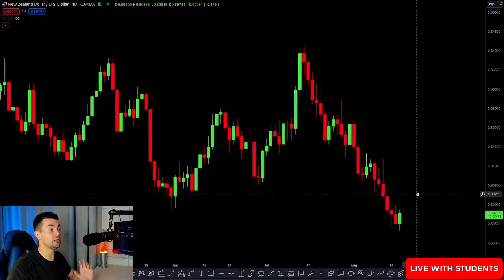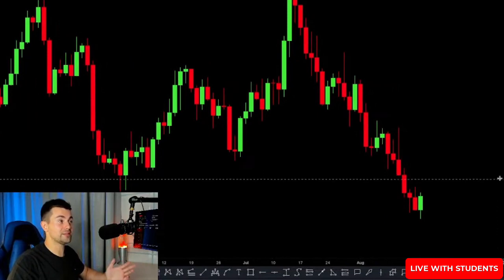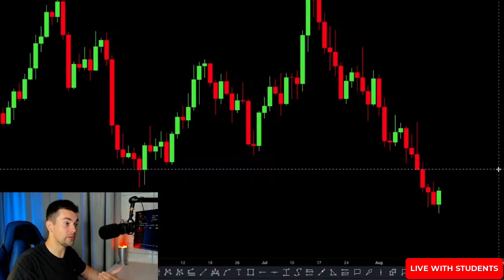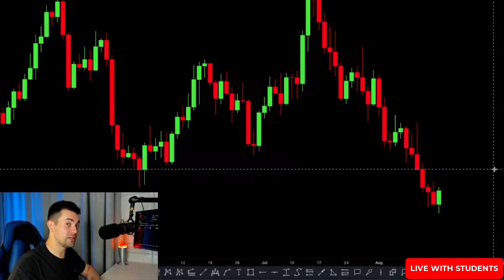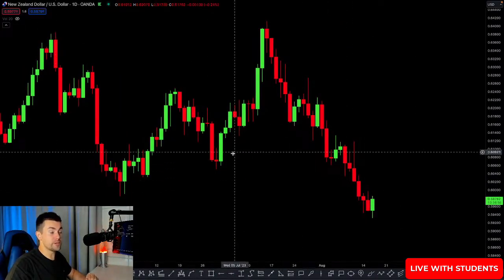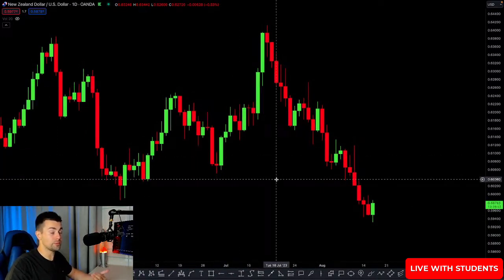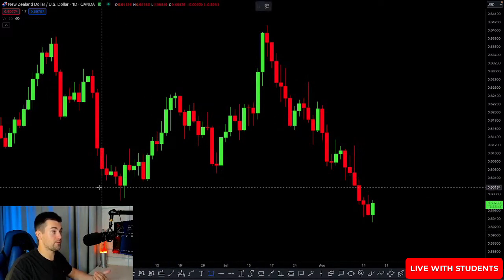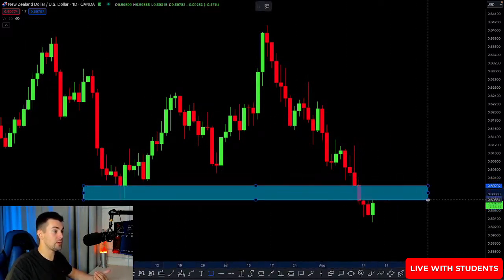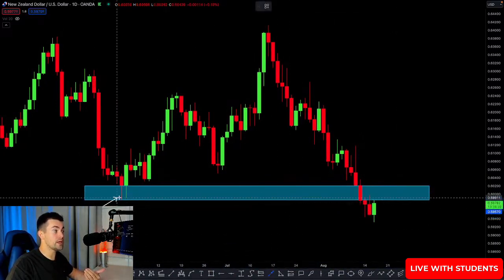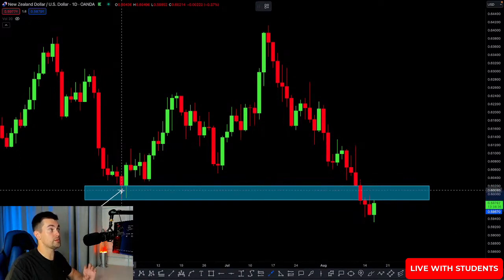So after we analyzed the market trend, our next task will be to analyze the key levels and to spot the points from where the next bearish wave may potentially initiate. How we do that? We analyze the recent price action and we look for the points, the areas that were important for the market participants in the recent past. And the first important structure that we can spot is of course right here. That structure here was a very important support, and you can see that from that structure at the end of